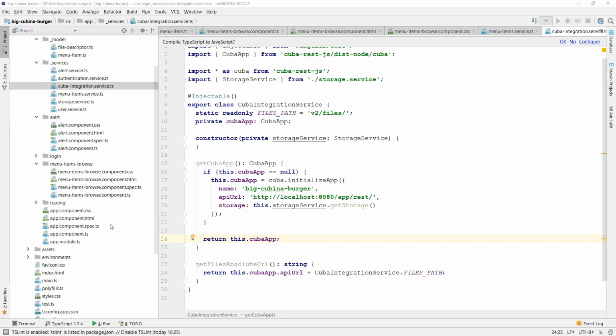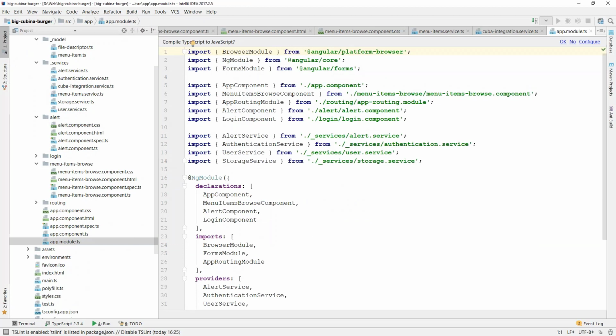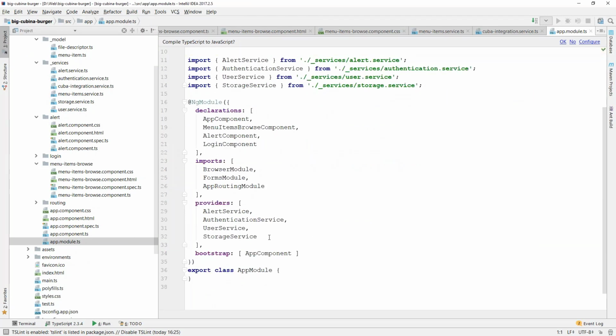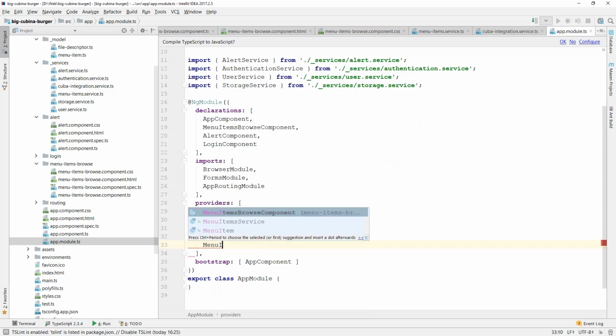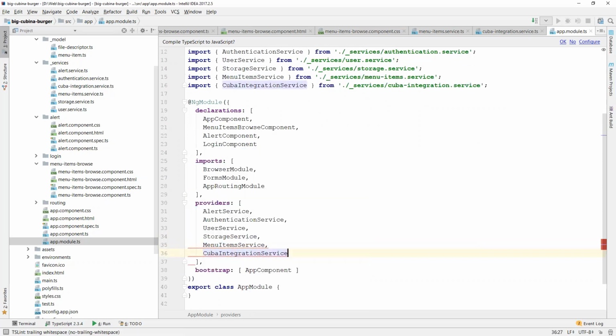So let's open app module TS and within the providers attribute, let's add Cuba integration service and menu item service. Okay, and let's go back to the menu items service.